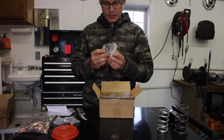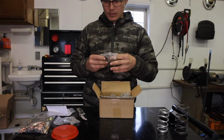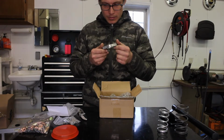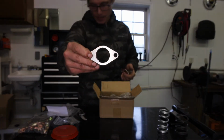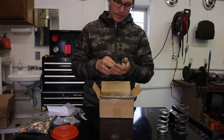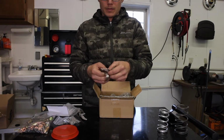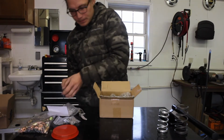We have a few flanges. I didn't realize it came with two. That's kind of nice. The flange surfaces are not great. They're a little scratched up. Shouldn't be too big of an issue. Came with a few gaskets. I'm not sure if I'll be using those or not. So we have two flanges,